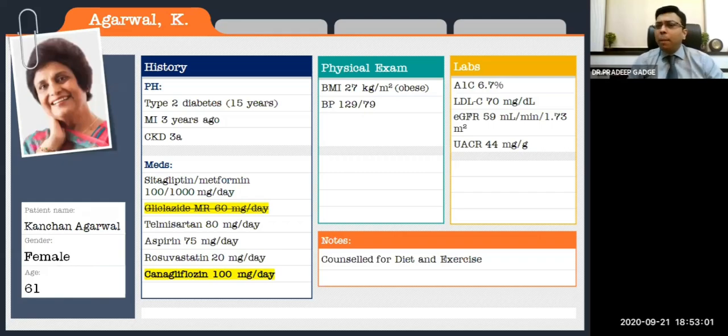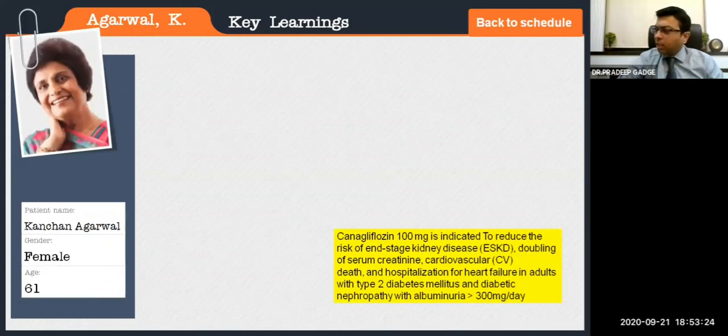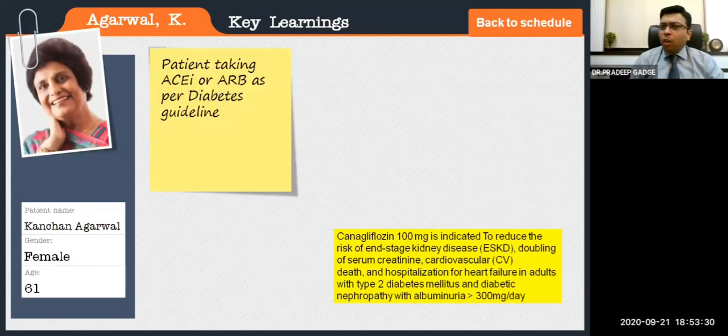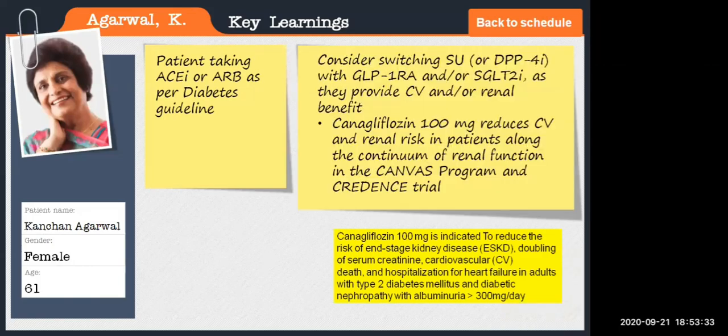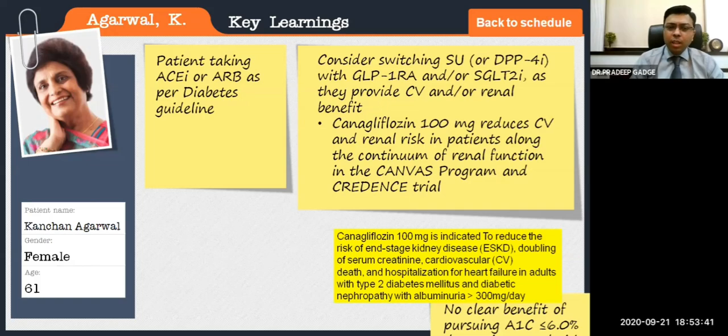So coming back to the ABCDE of the diabetes in this particular patient, now the patient is on appropriate type of therapy and doing well. Now, what we understand from this study is whatever we understood from the earlier study, that canagliflozin 100 milligram is indicated to reduce kidney disease, risk of kidney disease, and ACE inhibitor and ARB should be given to every diabetic patient. Also, whenever possible, try switching from sulfonylurea or DPP-4 inhibitors to SGLT2 inhibitors or GLP-1 receptor agonists because they have certain benefits in this class of patients. So with this, we'll go to the third case,